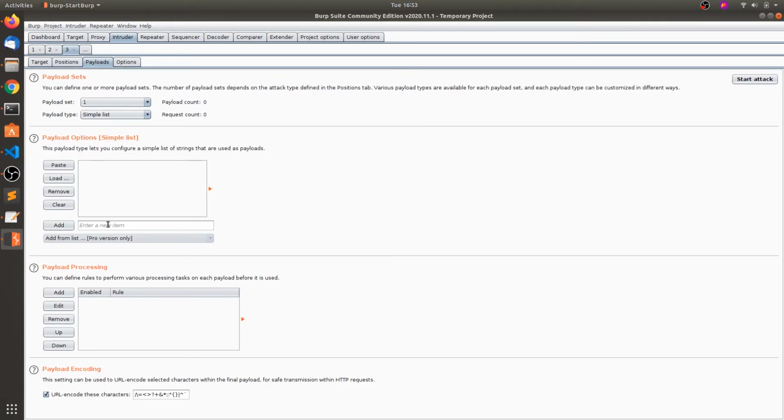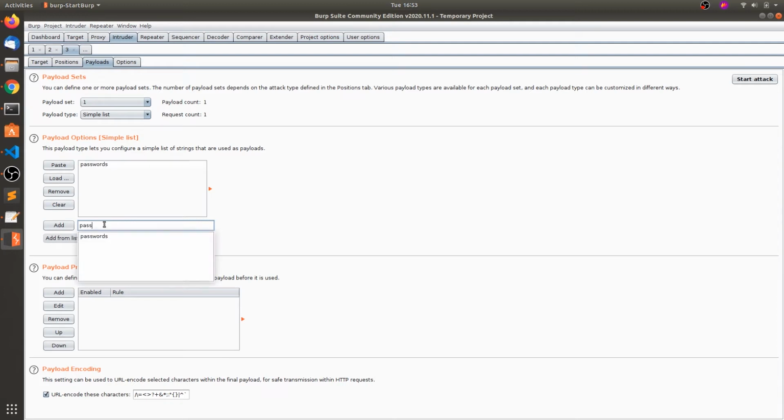Now we need to add the payloads. You can just guess the column. So this blind SQL is all about column guessing and brute forcing. What can be the columns?